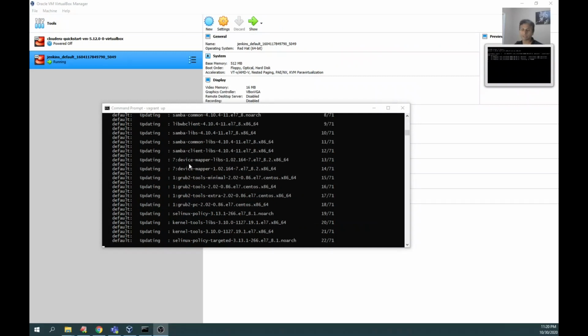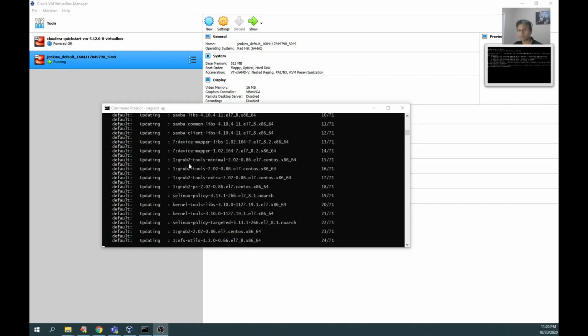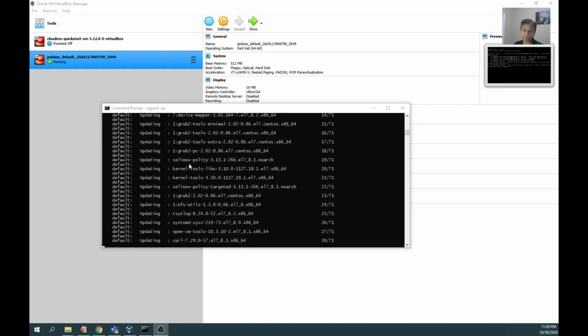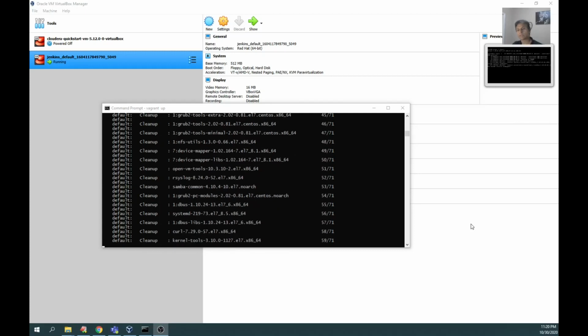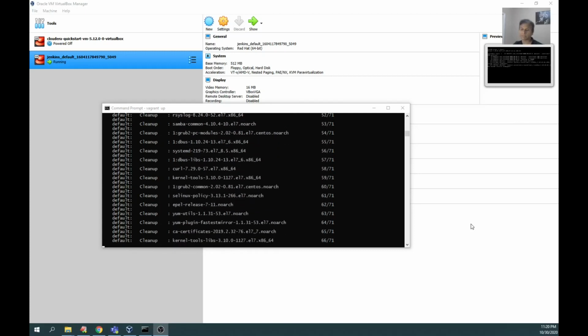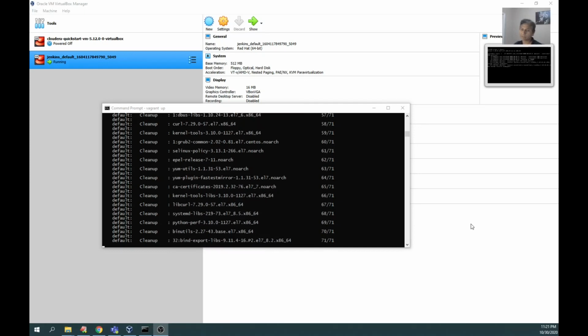It's the last stage of installing Jenkins on this Vagrant. Out of 71 steps, we crossed 22, still more than halfway to go. This is the last step of installing Jenkins on Vagrant. It is almost completed. Once it is finished, we can try to host Jenkins on Google Chrome.